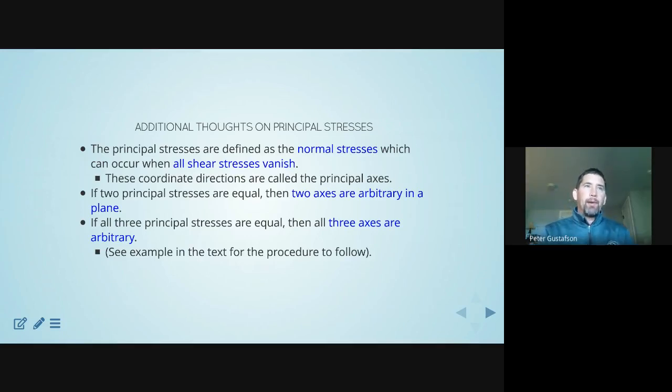Okay, this actually does happen in the real world. First of all, if there's no stress on the structure, then the stress everywhere is 0. You've got identical principal stresses of 0, and so therefore you have an arbitrary axis at which that's applied. That's the trivial case. The less trivial case, of course, is when you have, let's say you drop a structure,